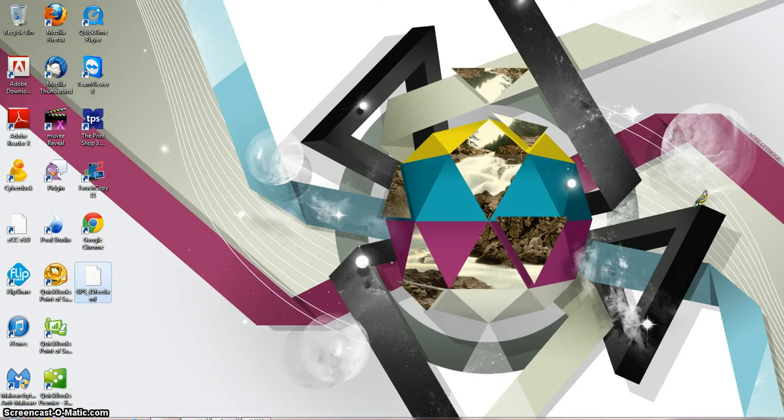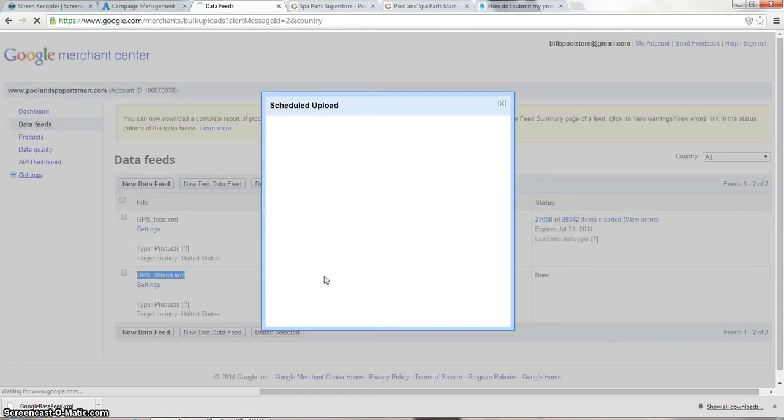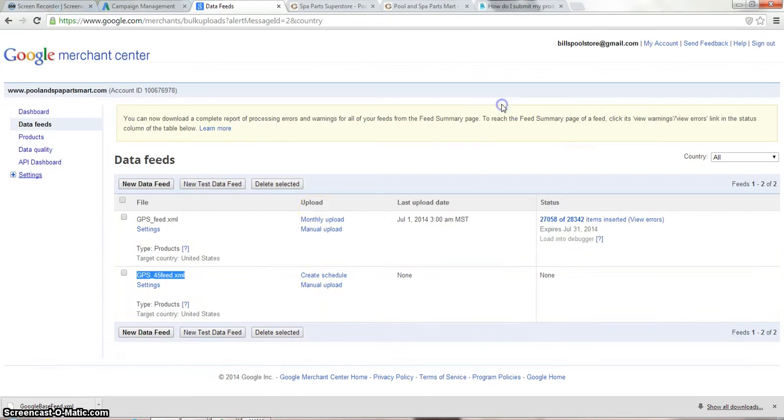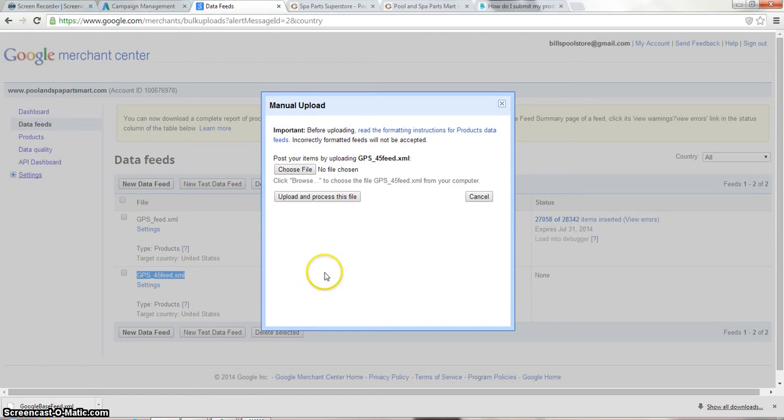So I'm going to go back into the data feed, and I'm going to create a schedule. And we are not going to create a schedule. We're going to do the manual upload. The schedule is what actually gets locked up. So we're going to create a manual upload, and it's asking for us to choose the file. It's looking for a file that says GPS_45 feed.xml. So if you click choose file,